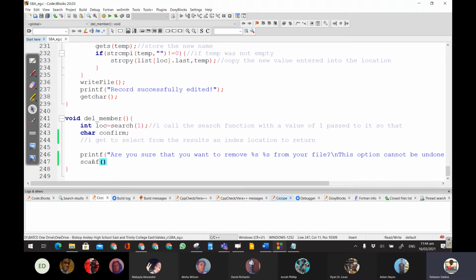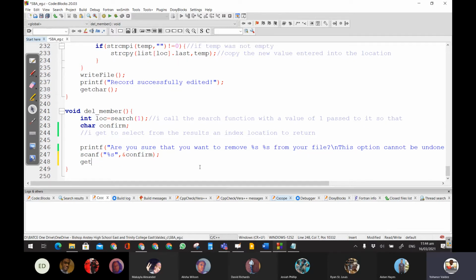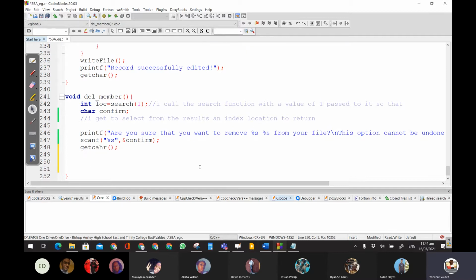And say scanf, percent S, ampersand, confirm. Okay? And after scanf, we put our getchar. And we say if confirm is equal to Y, right? Then we want to go ahead and